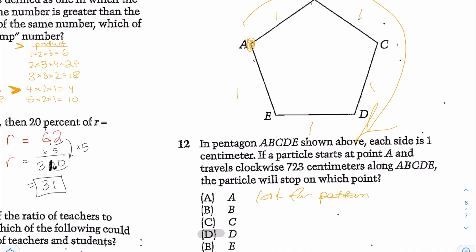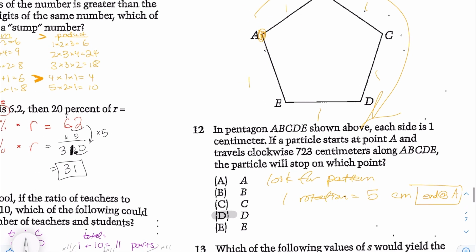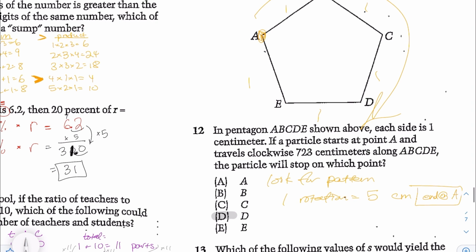And in this case, you know that one full circle, one rotation, is equal to 5 centimeters. If you go around exactly once, you end up right back at A. And that's 5 centimeters. So every 5 centimeters, you'll end up at A. So that's the pattern here. If you end up at A every 5 centimeters,